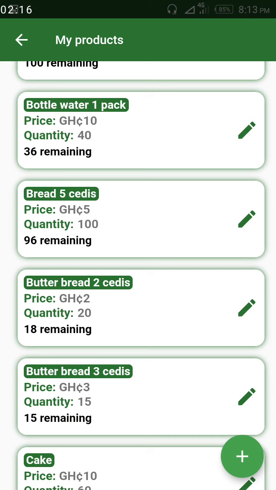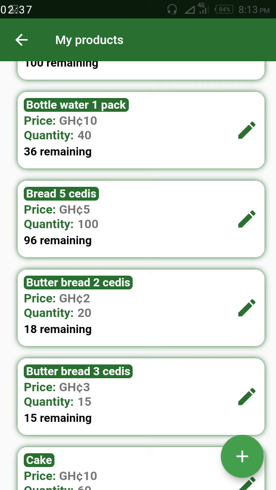Because it was 35 and we edited a sale record and said that no, we made a mistake when we were selling. So instead of 2, it is 1. So when you do that, it is going to affect the remaining. Instead of the remaining being 35, now it is 36.